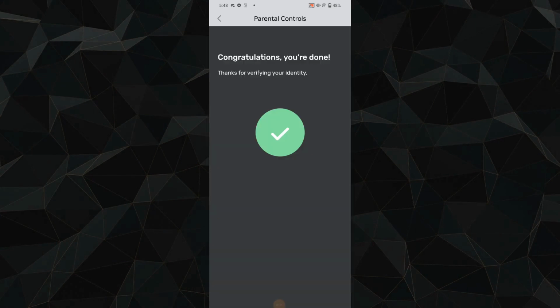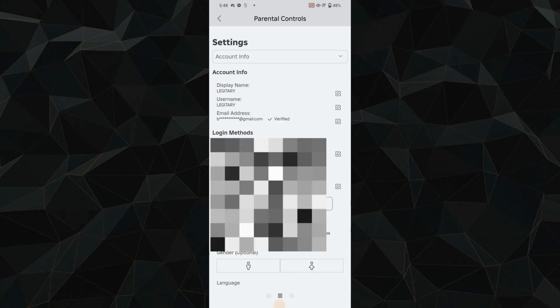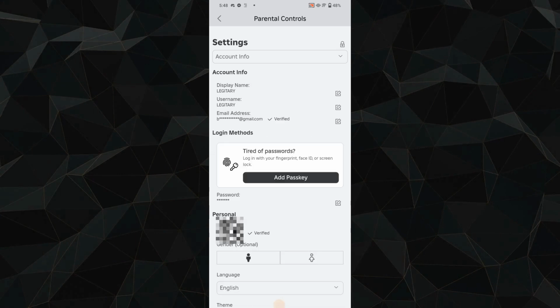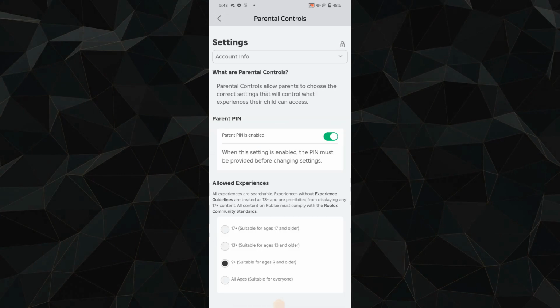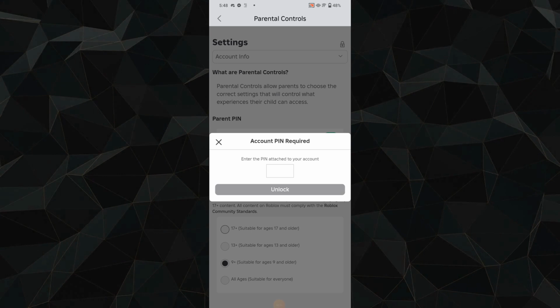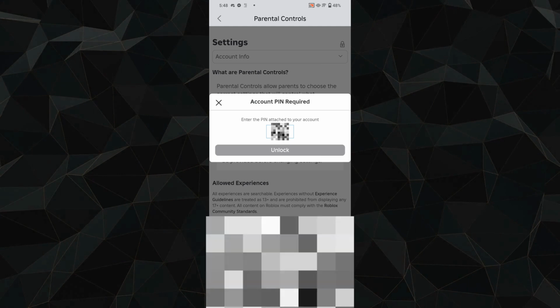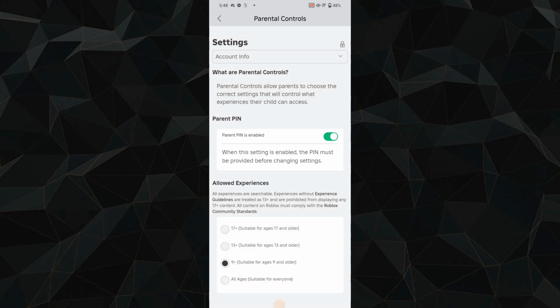After verifying my identity, go back, and then tap on the age. So I'm gonna pick 17 plus, and then you want to type in the PIN number. Tap on unlock, and there you go.